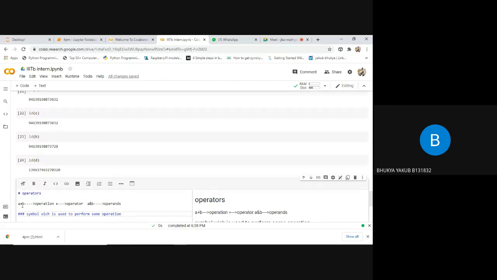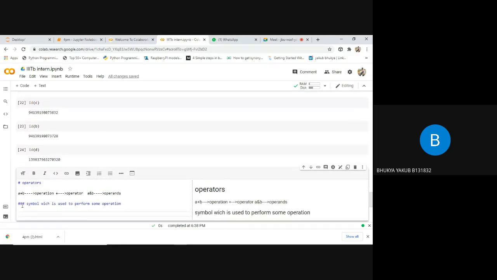See guys, coming to Python, here we'll be having 7 different operators. Out of 7 different operators, the first operator is the assignment operator. So here we'll be having the equals to symbol.